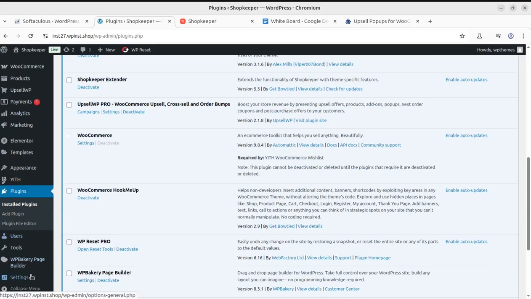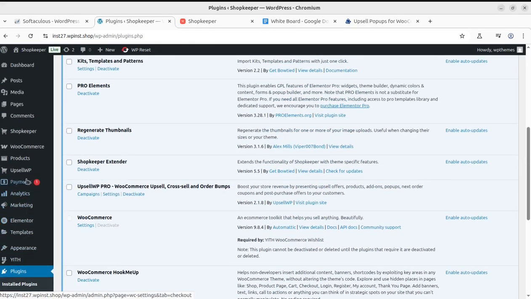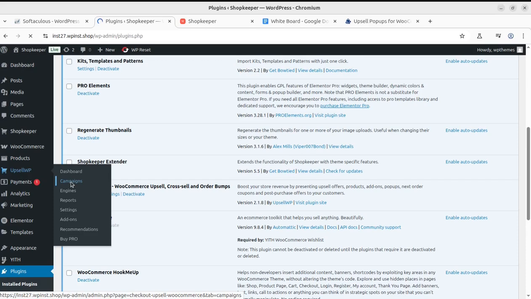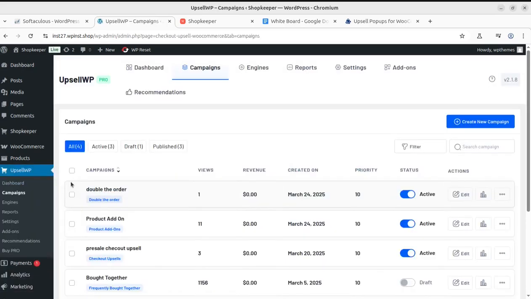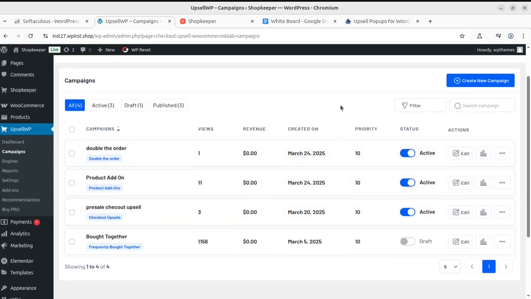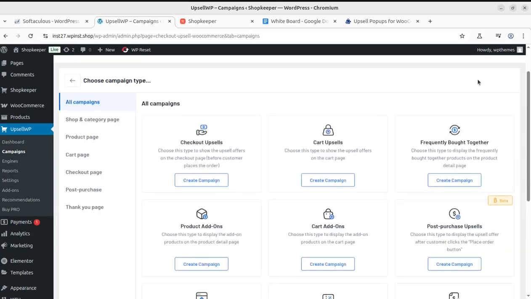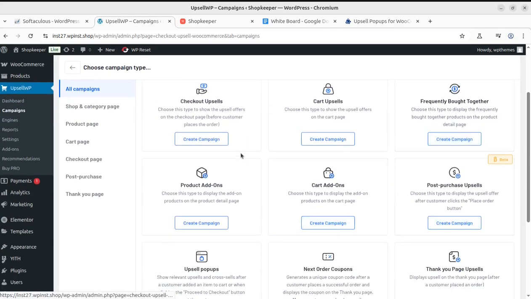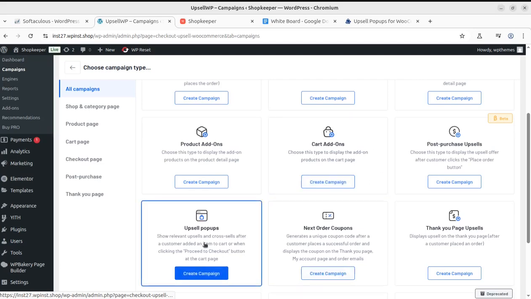Now I'm going to create a new campaign for pop-up upsell, and I'll go to the campaigns directly from here. However, the link is also here, so we can go to the campaigns, and I'll show you how quickly you can create a new campaign for pop-up. And we have already created some here. So now I'm going to create a new campaign, and since we are targeting the upsell pop-up, we can